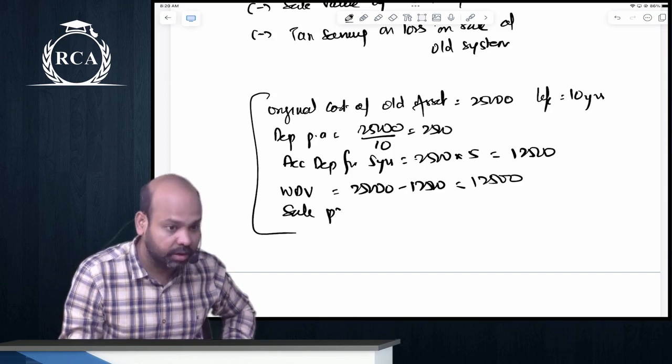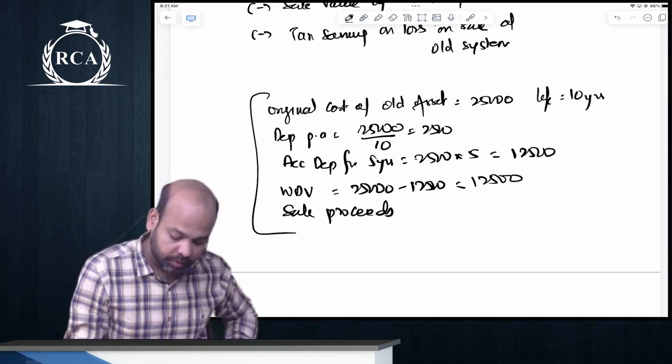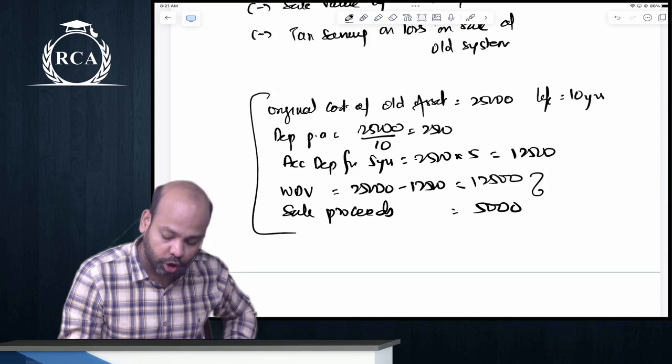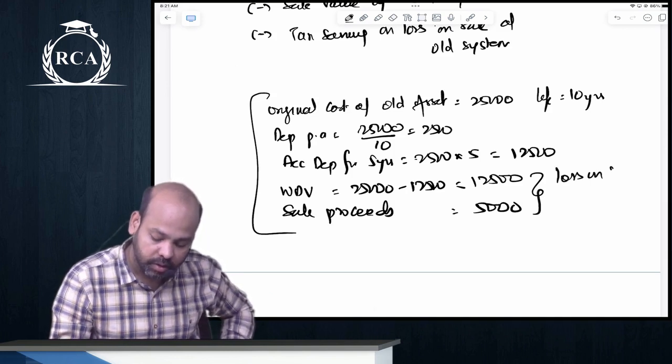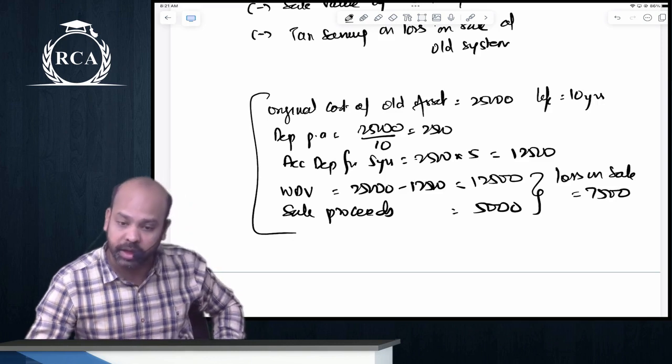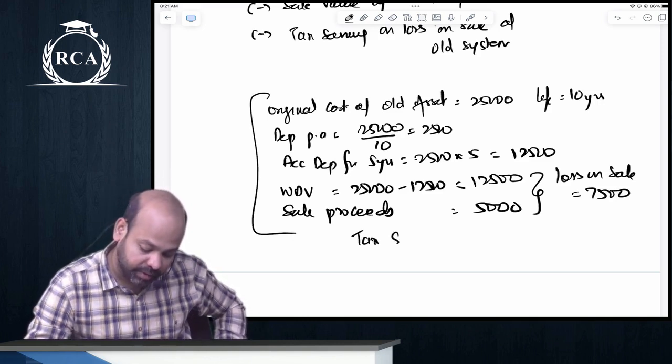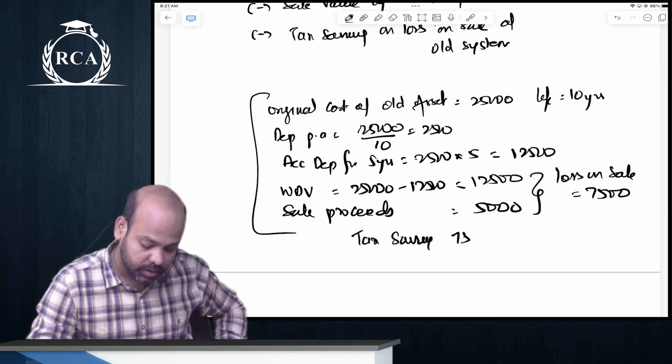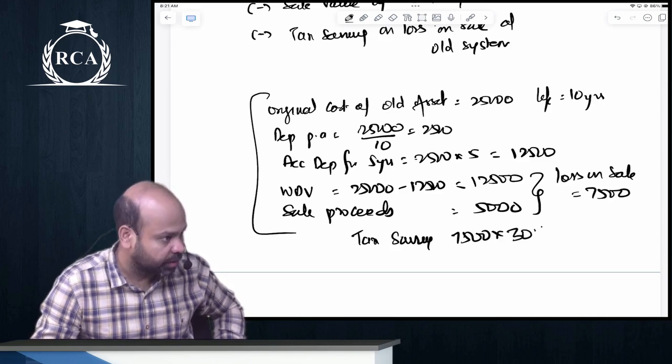Sale proceeds, guys, are 5,000. What is your loss on sale, guys? Loss on sale, beta, is 7,500. Correct, guys? What will be the tax savings, beta? 7,500 into 30%,